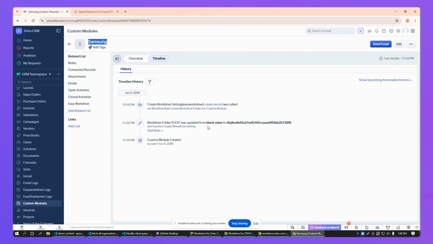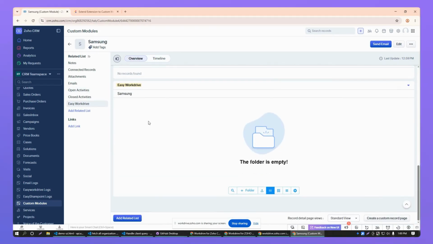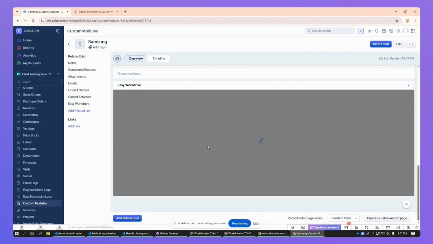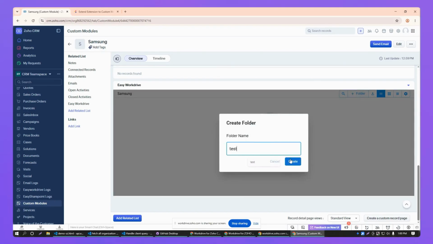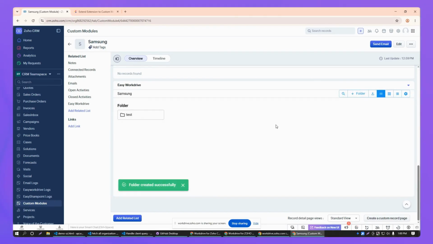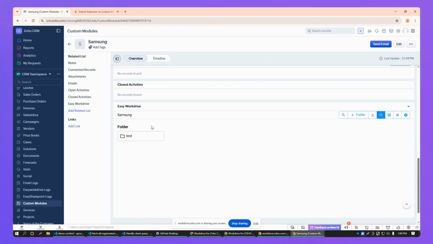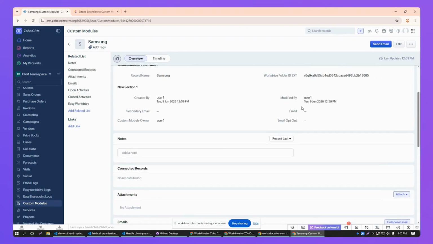with this record. If we now go to Easy WorkDrive and refresh it, you can see that the folder is active here. You can also perform other operations from here. Now, if you want to remove the custom module from this custom module widget and remove the folder ID field